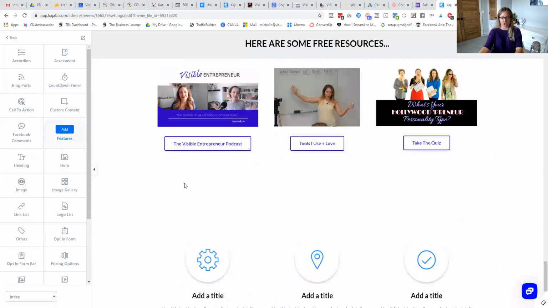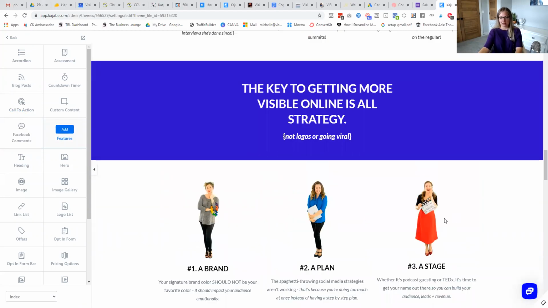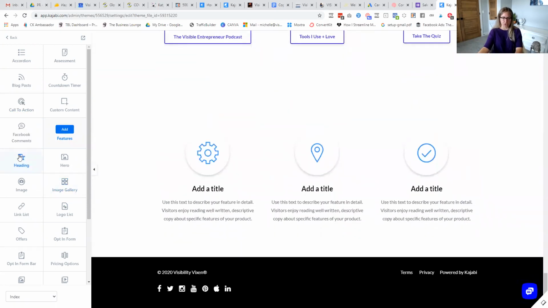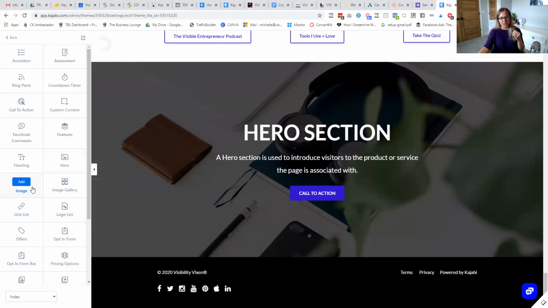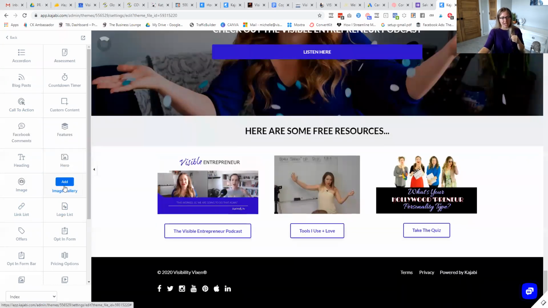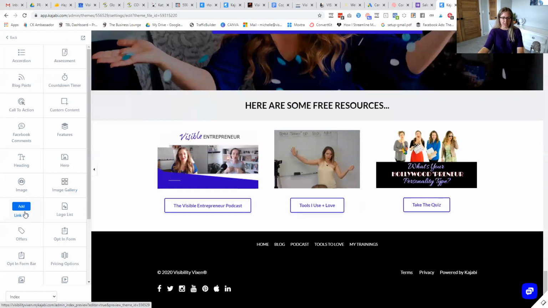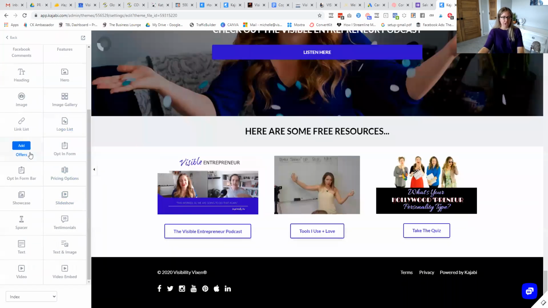If you want to put in features, you can do that. So the thing up here that has these side by side, that's a feature column. If you want to put a text heading, you can do that. Hero, I showed you what that looked like, but that's nice and pretty and gives you that kind of overview. An image gallery. So technically this is an image gallery. It's just, this is a GIF, but those are just photos. You can put in a link list. You can put in a logo list. So if you want to put in some of your logos of what you've been featured on, great idea. If you want to drop an offer,